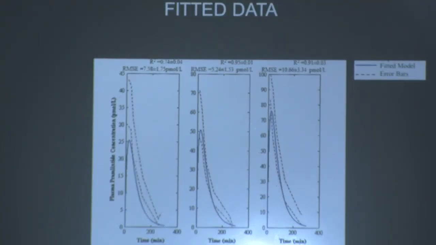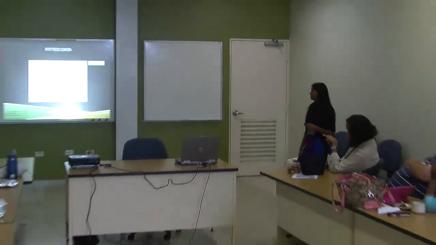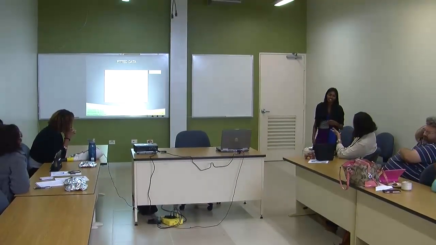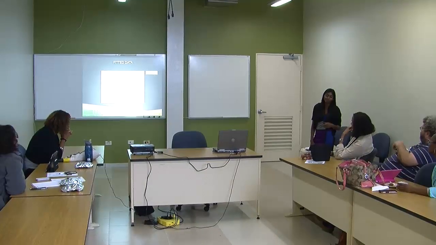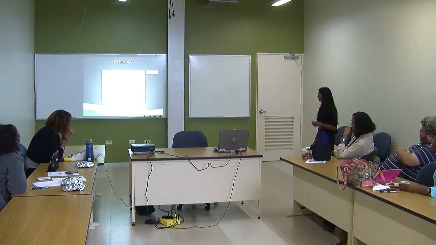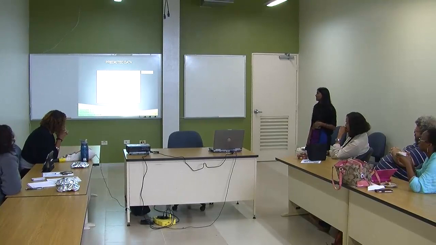I'm sorry, which one is the fitted model? The blue lines. Right, the red line is 1 standard deviation away from the mean? No, just the standard deviation of the mean data. Plus minus 1. Okay, so it's 1 standard deviation away from the mean, plus 1, and there are 2 red lines. So one is 1 standard deviation higher than the mean and 1 lower than the mean? Yeah. Okay.